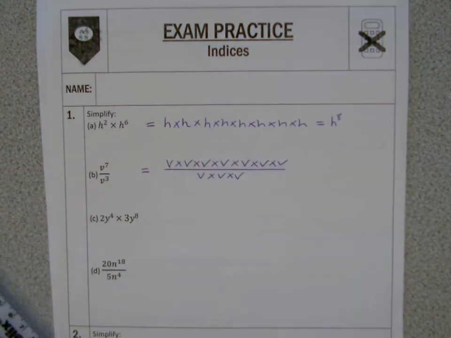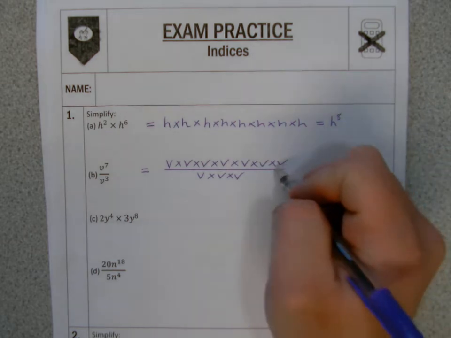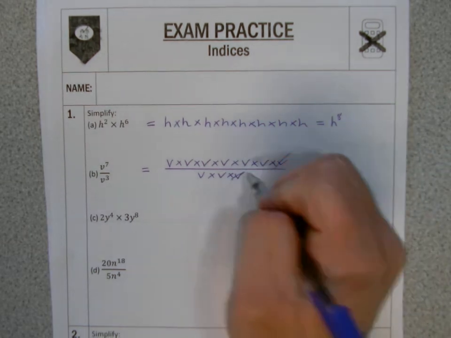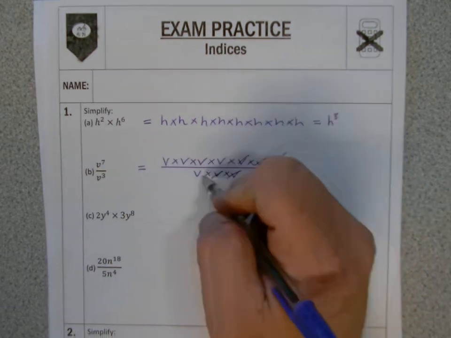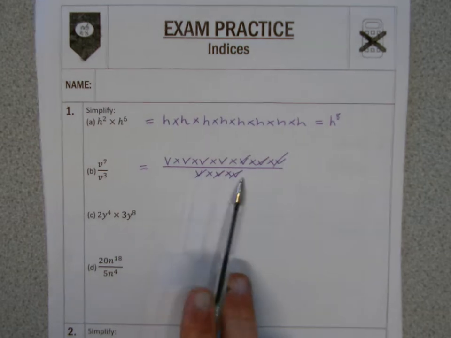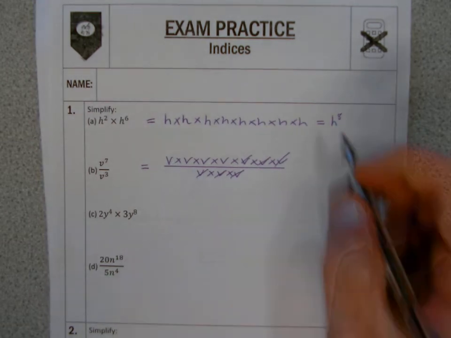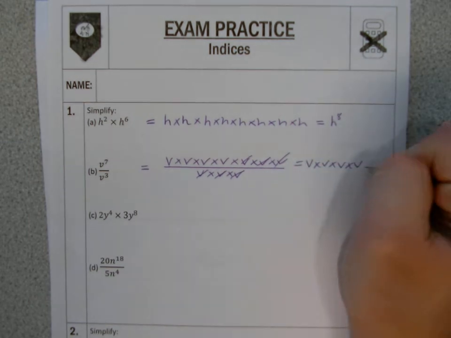Now what we can do here with fractions is simplify down. We can simplify fractions, as there are common factors on the top and bottom. Here there's a common factor of V. So that V will cancel with that V, that V will cancel with this V, and then this V will cancel with this V. So you've got 3 V's on the top cancelling with the 3 V's on the bottom. You're left with V times V times V times V on the top, which is V to the